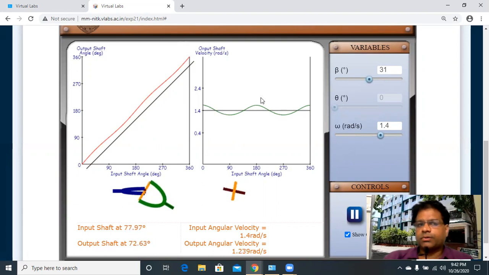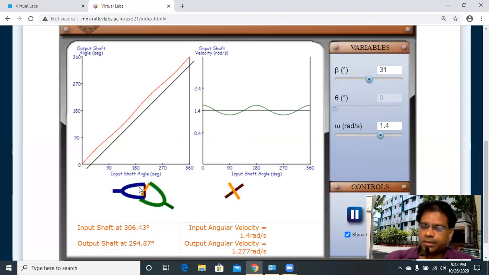But one thing we have to note in the case of a universal joint is, whenever the input shaft is making one full revolution, the output shaft also makes one full revolution, no doubt. But if the shaft angles are different, we can see that the angular velocities are different at different intervals. So in one revolution, the rotation will be one only, or in a given time, the time taken for one revolution is the same for both shafts, but with different angular velocities.